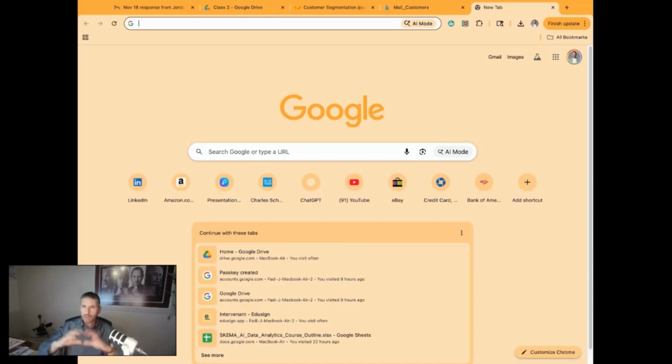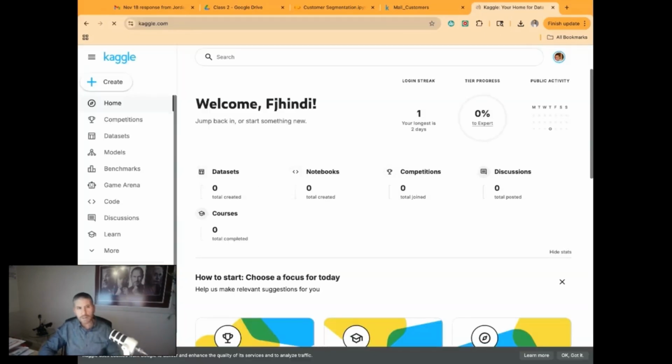If you come up with a product idea, instead of building it, you can actually go look at data sets and build a model to predict if your hypothesis is correct or not. Kaggle.com is one; you simply sign up. It's free. There's a paid version that gives you access to more stuff.